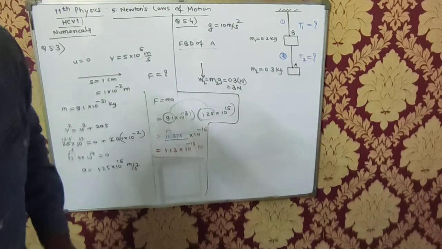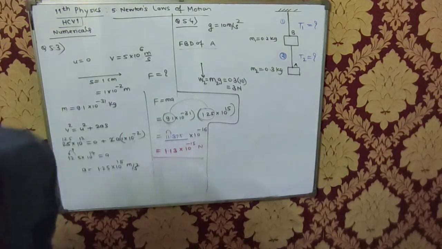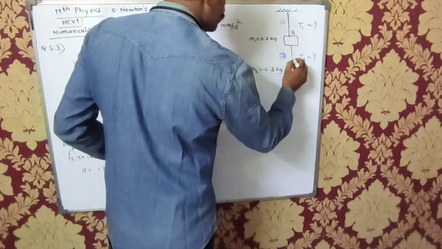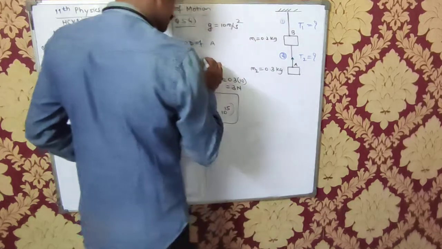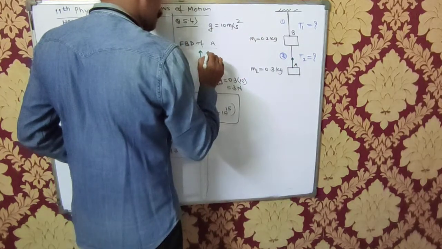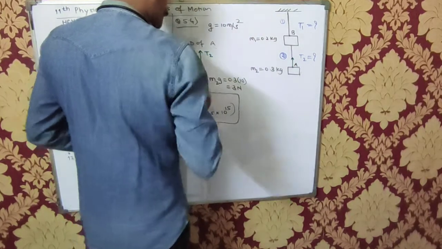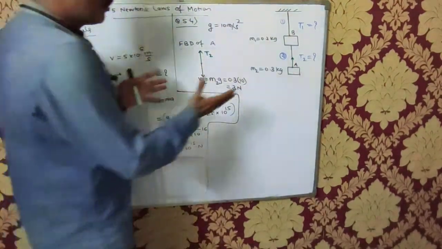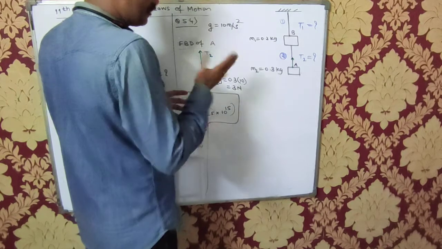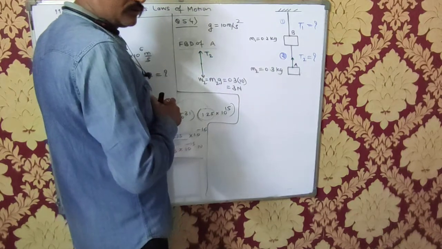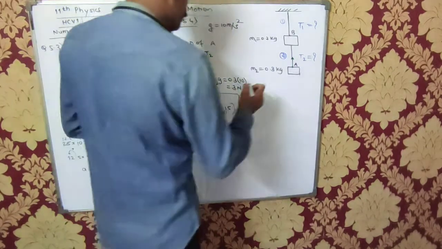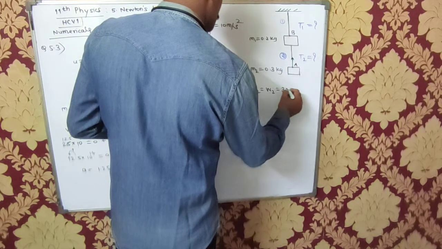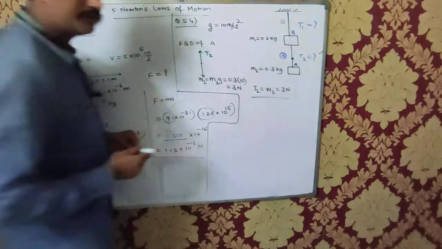And the second force which is acting on this is the tension. It is only this tension, because it is in connection with the tension. That tension I will call T2. Since there is no motion, no movement, it's not moving anywhere, the tension is equal to the weight. So T2 is equal to W2, which is equal to 3 Newton. So I got this answer, 3 Newton.